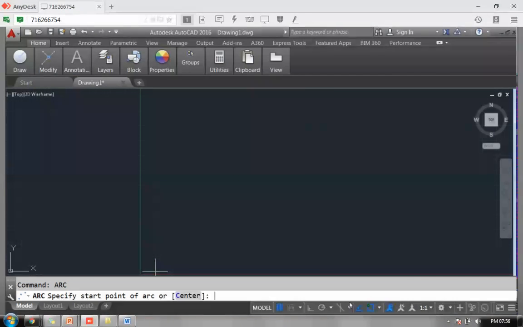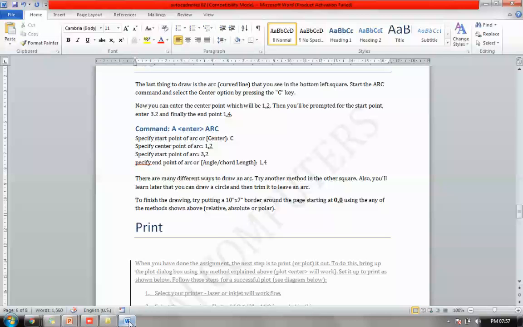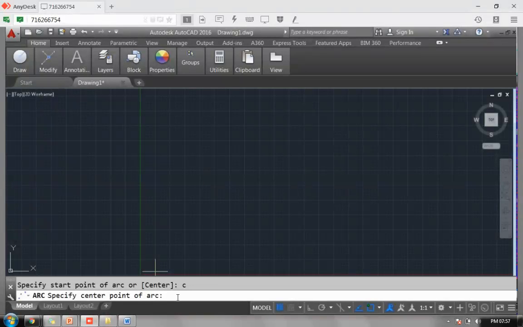It is asking me something. Let me hide this. It is asking me what center I'll be choosing, C, that is for center. So it is asking what the center coordinates are here. My first center coordinates are 10 and 20. And the second coordinate is 30, 20.